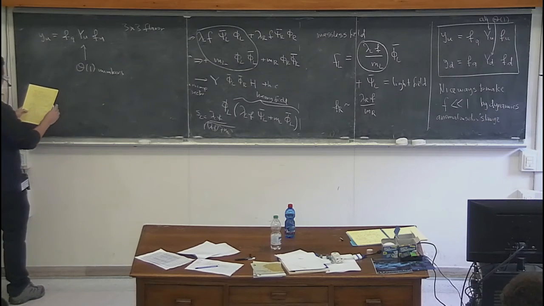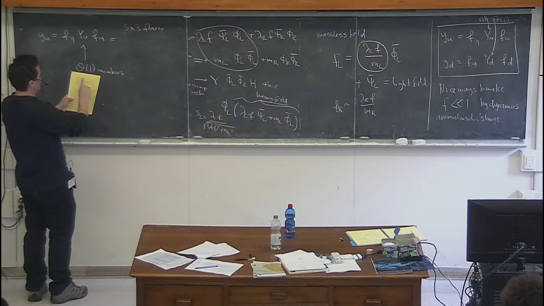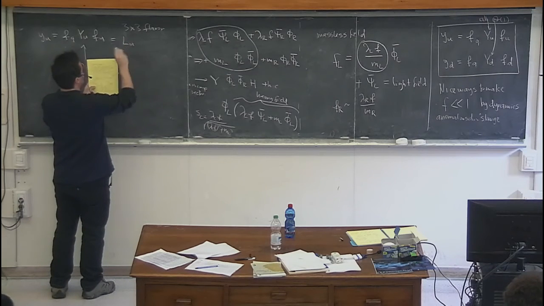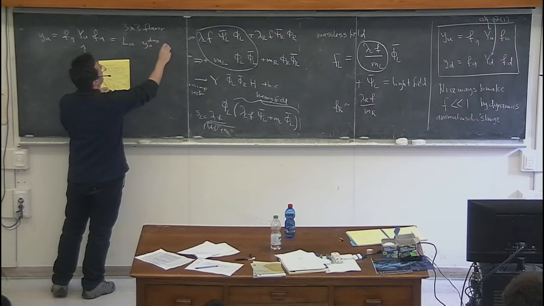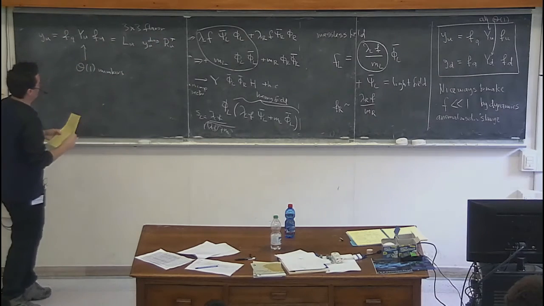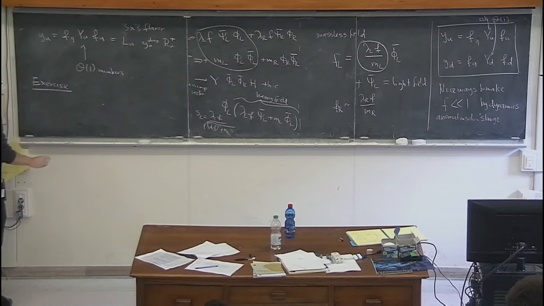So the usual story is what you do in the standard model. You take your Yukawa matrix, and you have a left-handed rotation. Then you have here a diagonal matrix, and then here you have a right-handed rotation. And the exercise that you can and hopefully will do is to show